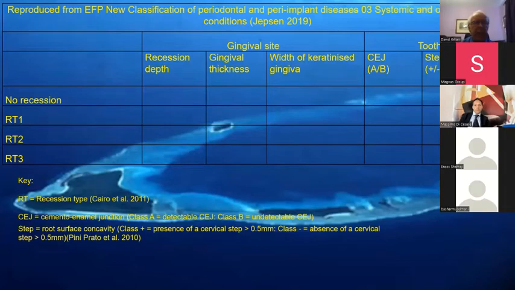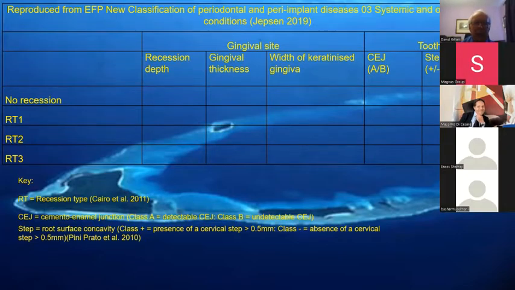Now, here's a figure reproduced from the new classification, and it's a guide to how you record this, and obviously then it helps you make your diagnosis and management. So it looks at obviously no recession, RT1, RT2, RT3. It looks at the recession depth, the gingival thickness type, the width of keratinized gingiva, the CEJ, cemento-enamel junction, and the step, the presence and absence of it. And if you can see the key there, I think it's